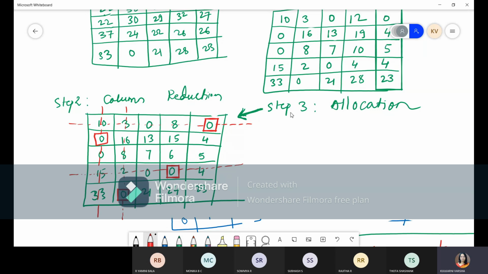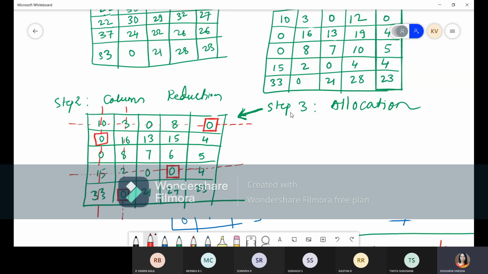So row wise it is possible, this row is cancelled. In this row there is no 0. In this row there is no 0. In this row there is no 0. Column wise also there are no zeros. Right? And how many allocations over? 1, 2, 3, 4. Right? So we cannot do any allocations further, and there are total 4 allocations done.